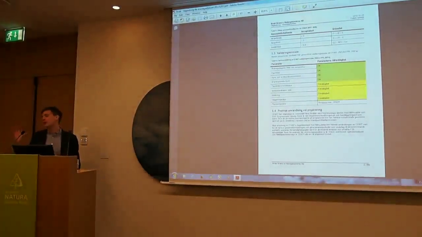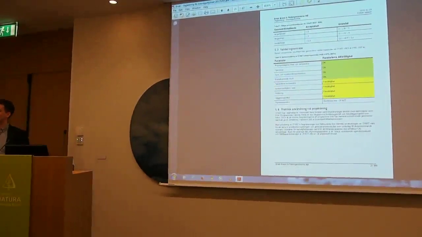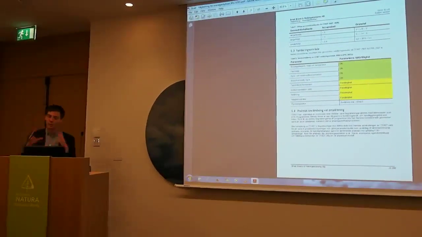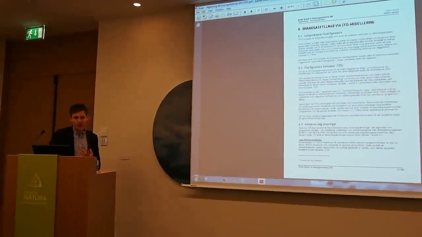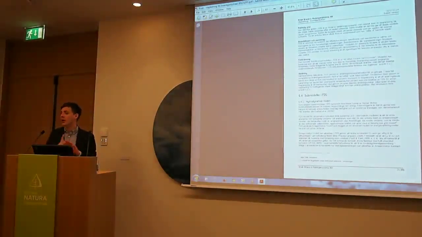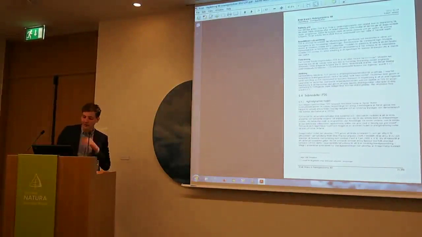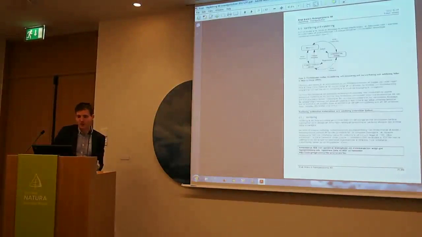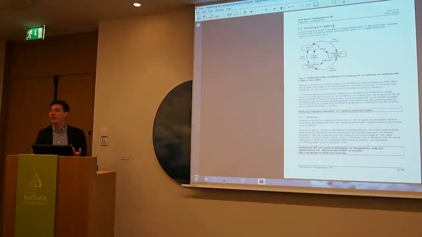And we also give this practical guidance. When you're going to work in a project, you're going to work with a design. What should you think about? And then we have the CFD modeling as well. A bit of information about the concept, the limitations, when you can use it and not use it, and what kind of algorithm is it that you work with? What are the most important parameters to ensure when you do this kind of analysis? And of course, verifying and verifying. How do you know that this model